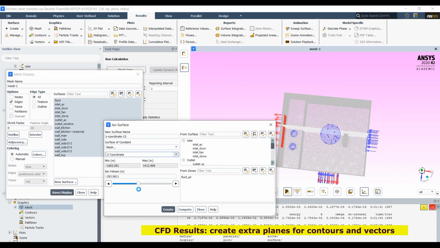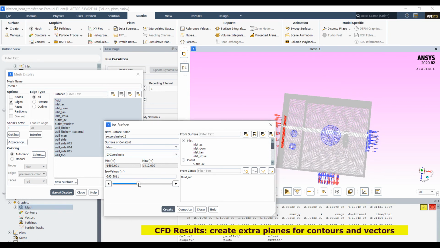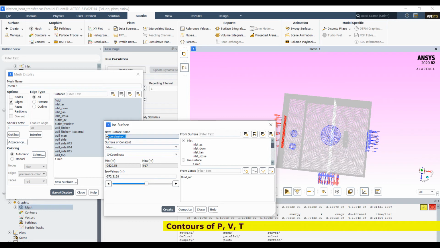Then select the plane at the center. Then select here Z mid plane. At the same time, we can also create one plane normal to the x-axis. Compute, and you can take x mid.